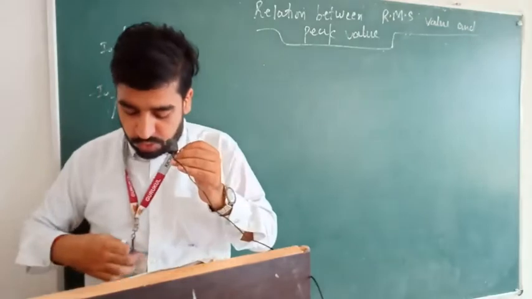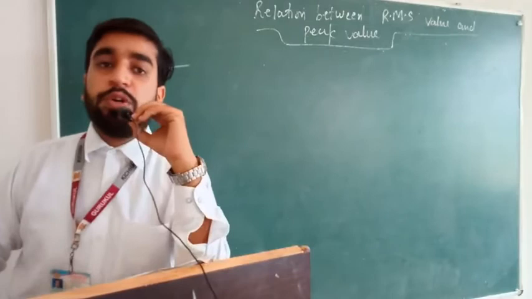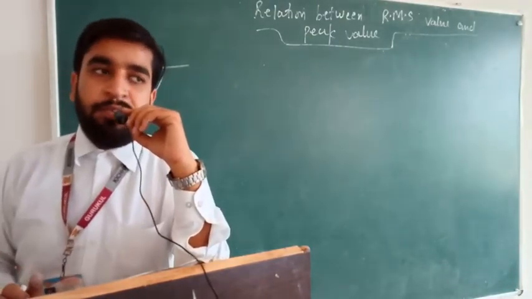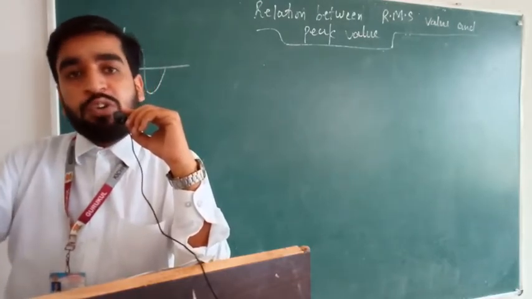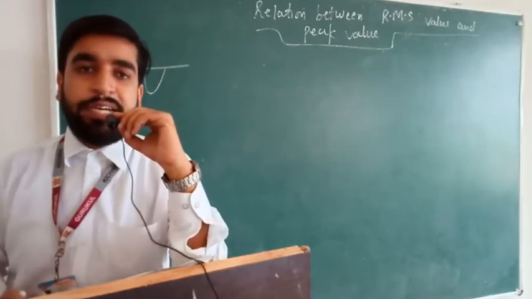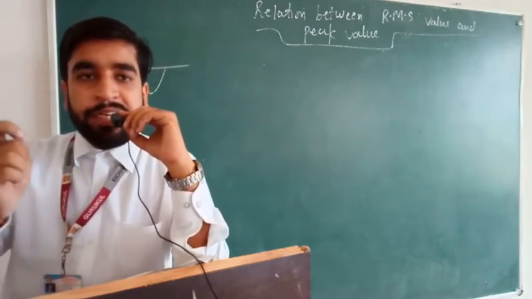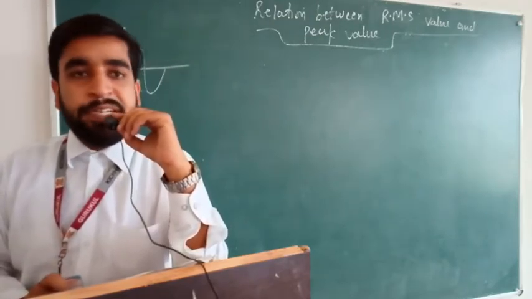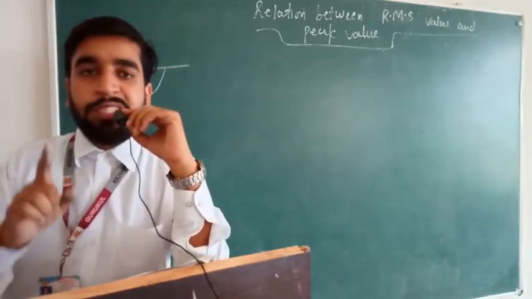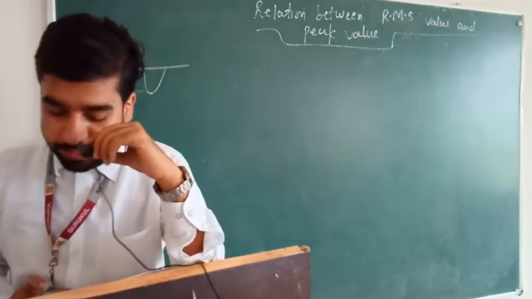So students, right now we are going to solve for the RMS value. What is the RMS value? Root mean square value. When we solved for the mean value of AC, we were discussing the amount of charge transferred. Suppose in a given circuit, in a given time t, the charge transferred for a direct current is Q naught. Then for an AC, if the same charge is transferred in the half cycle, that value of DC is going to be the mean value of AC. This is how we calculate it.